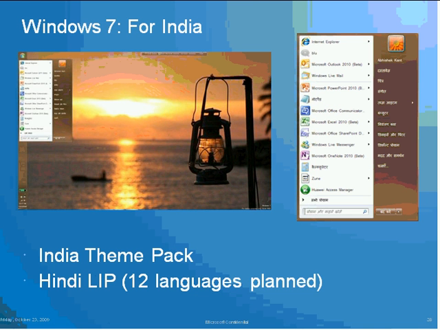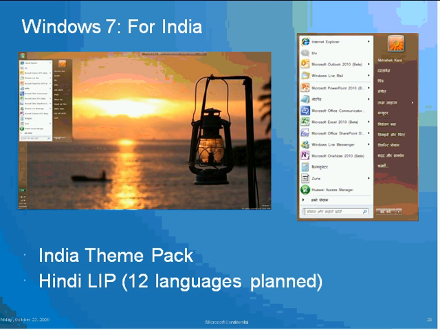These themes, when you apply them, do not require any restarts. They're instantly applied to your machine, and there is an India theme pack. The screenshot that you see on the screen right now is from my desktop, and it is running the India theme pack. So that's the first thing you can do, and obviously there are a lot of pictures in there.